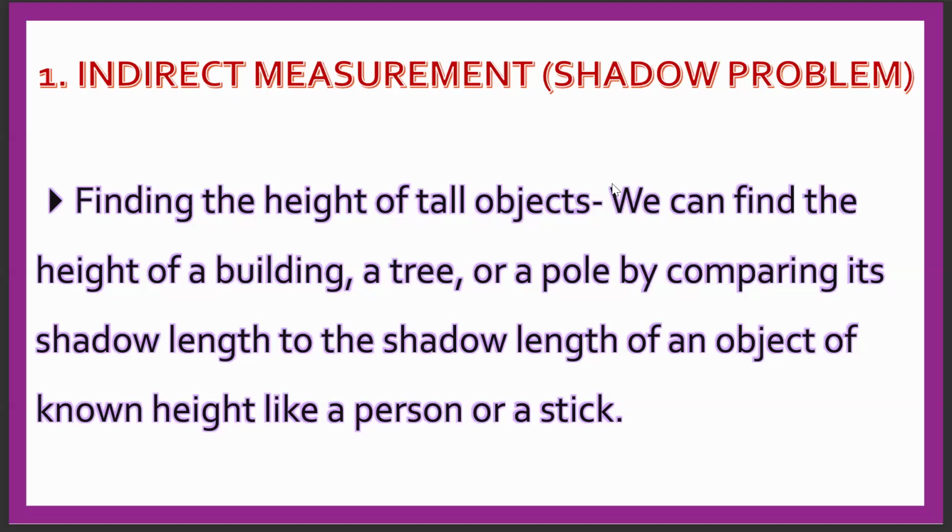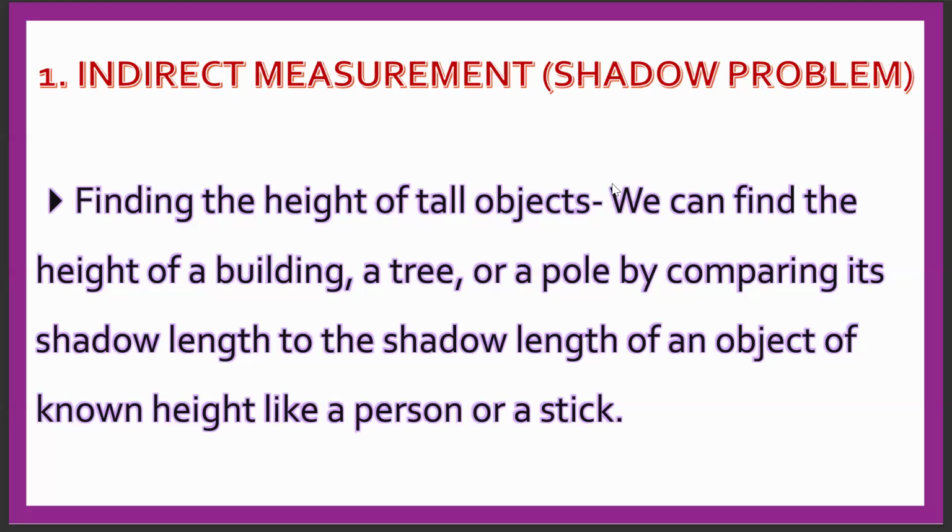If we want to find the height of a tall object, then that is the unknown. So with the help of the similarity of the two triangles, we can find the unknown height of the object. How can we use it? Now two things are very important. That is how we can make two similar triangles. That is very important. So through some constructive approach, suppose a building is there,